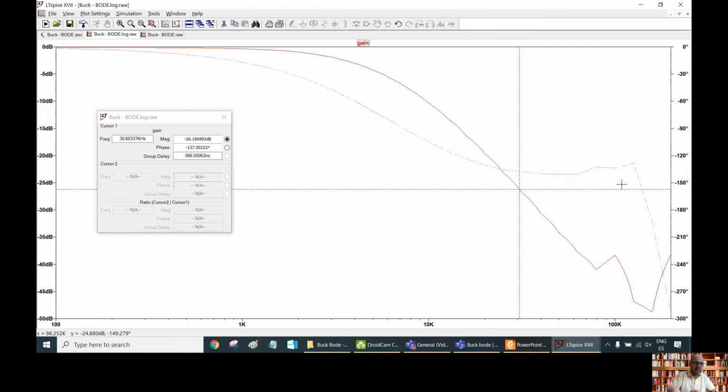And of course in this part here we can see that we have some noise and some wrong data, because we are approaching the switching frequency, and then we cannot expect good accuracy when doing this kind of measurement, even in simulation or even in our laboratory using